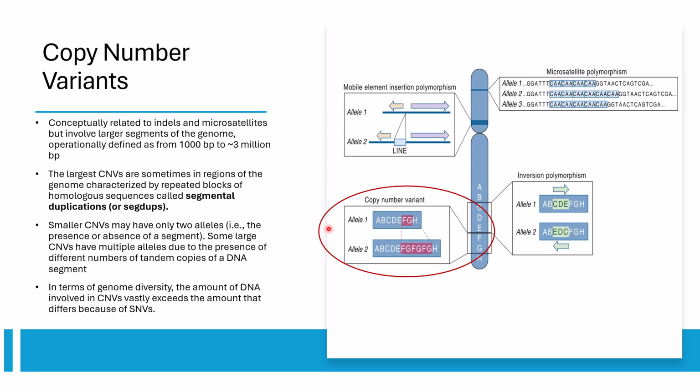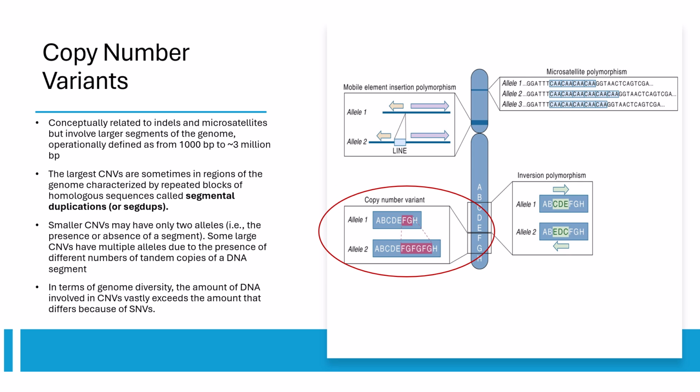Allele 1 contains a single copy, whereas allele 2 contains 3 copies of the chromosomal segment containing the F and G genes. But there are other alleles that can be identified, where allele 3, for example, will have only 2 copies, or 2 repeats, of that FG segment. And you can relate that CNVs will cause more genome diversity than SNVs because they involve a larger amount